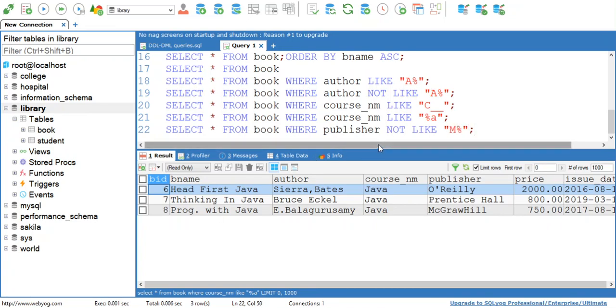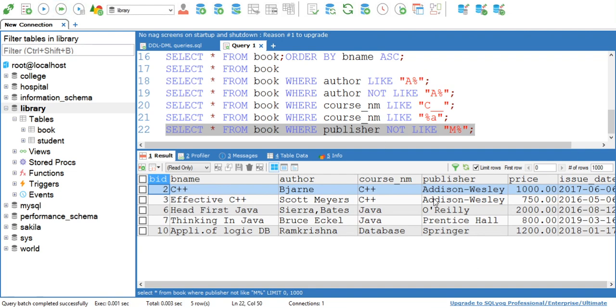It means that I don't want to display data for those books where the publisher name starts with M. So it will omit the record of all those books whose publisher name starts with M. See, here at the output you can see data only for Addison Wesley, O'Reilly, Prentice Hall and Springer. And it has omitted data for McGraw Hill and Manning. So this is how like and not like keywords can be used.